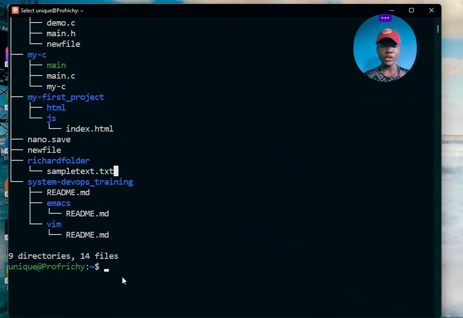All right, the next thing. Let's say I made a mistake in the name of this file and I want to change the name of this file. How do I go about it? I use the move command. The move command can be used to move a file from one place to another. You can also use it to rename a file. Now, if you select a name, if you have a file, for